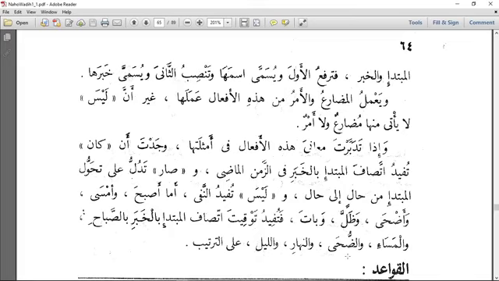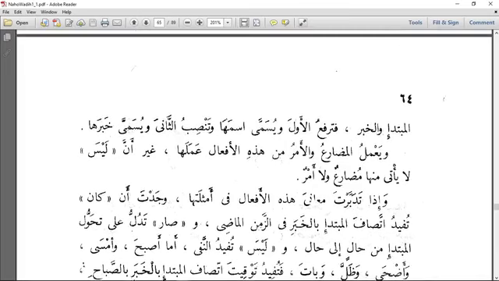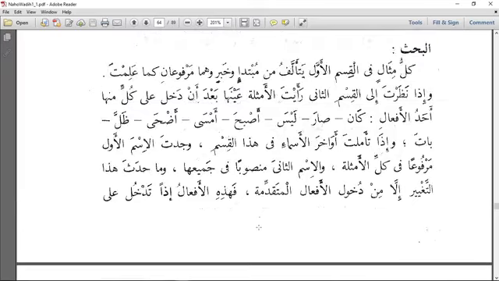So like I've explained earlier, they are used to denote the description of the mubtada with the khabar, but with the time specific, just like kana. But in kana, the time was not specific. With asbaha and its family, the time will be specific. And it is also used to denote the meaning of sorrow, with the time specific. So these are kana and its sisters.